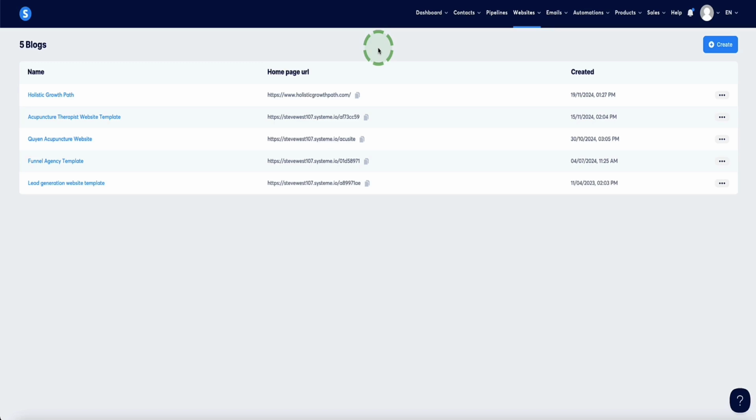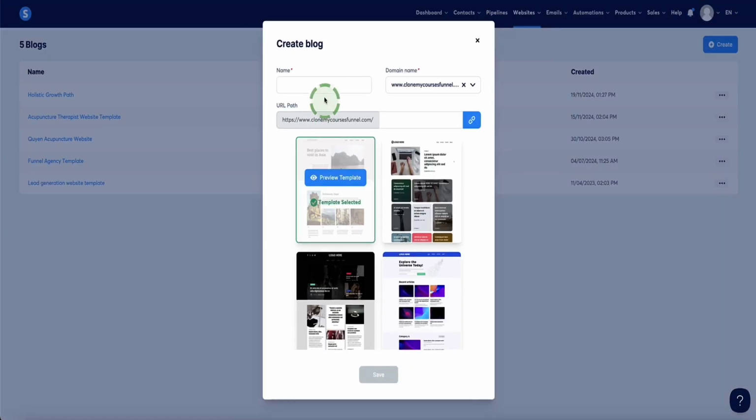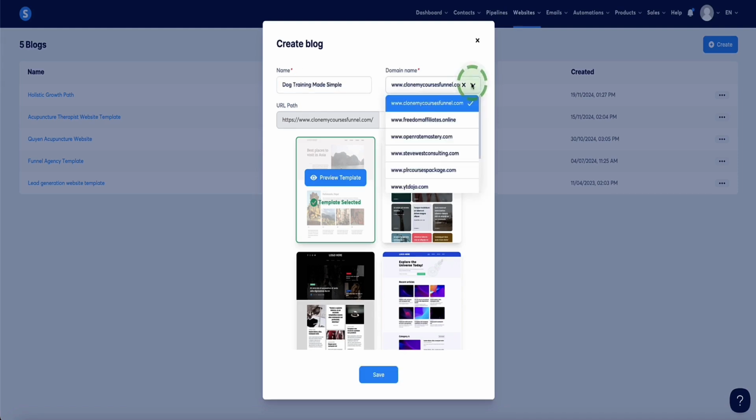So heading back into System.io under websites blogs, to create a new blog, we need to come over to the top right and click on the button that says create. Now here is where we can name our blog. So let's say, for example, we're going to set up a blog about dog training. And here is where you'll select your custom domain. So you'd first have to connect your custom domain to System.io, and then it will be available in the drop-down